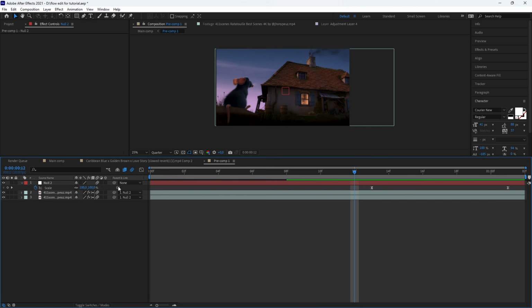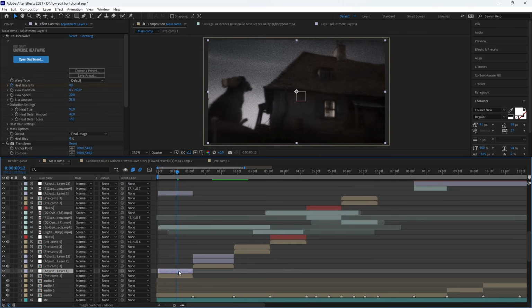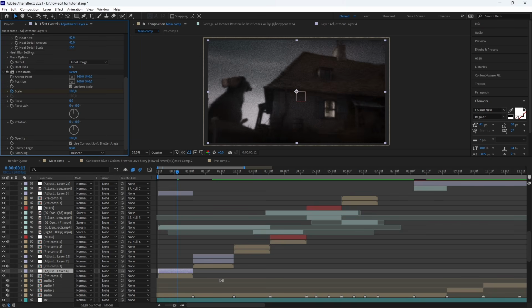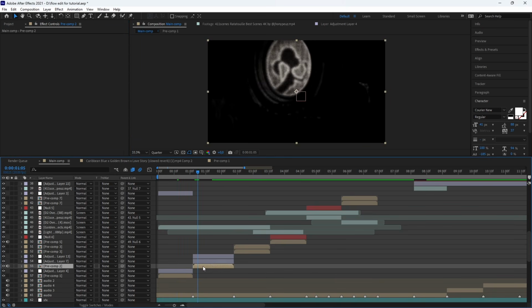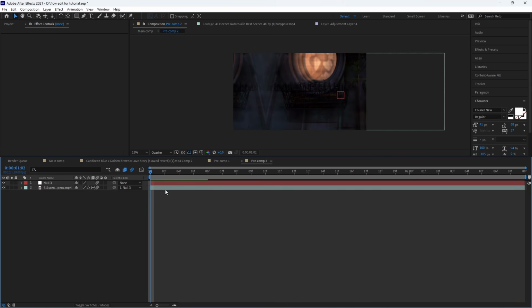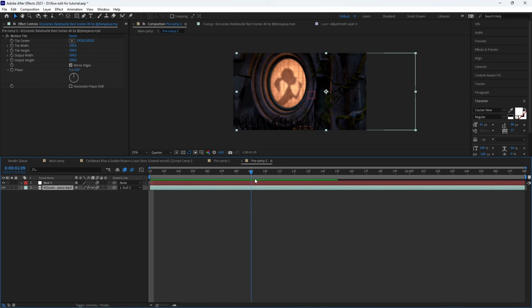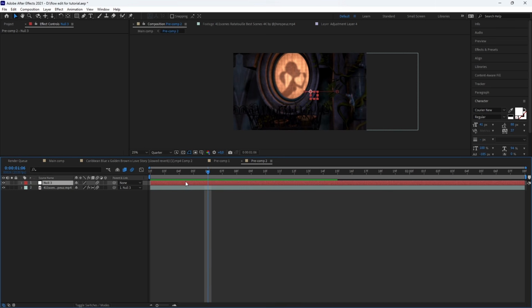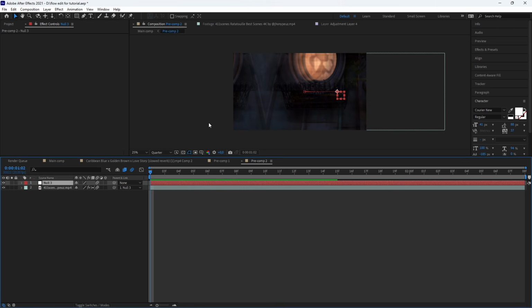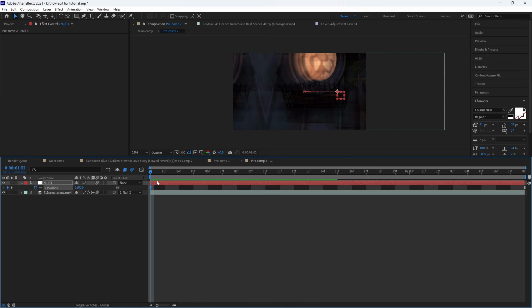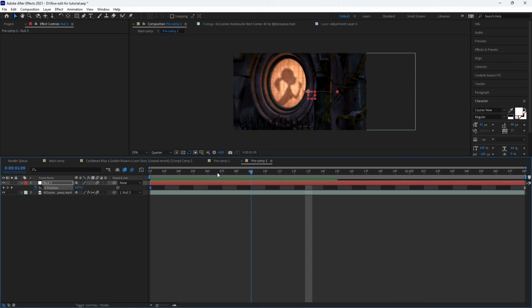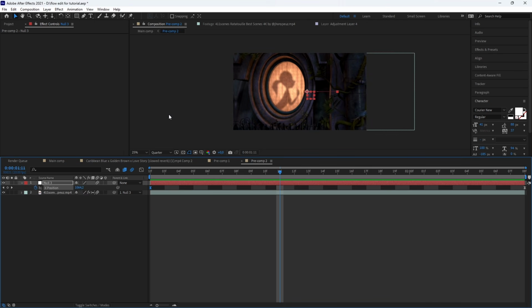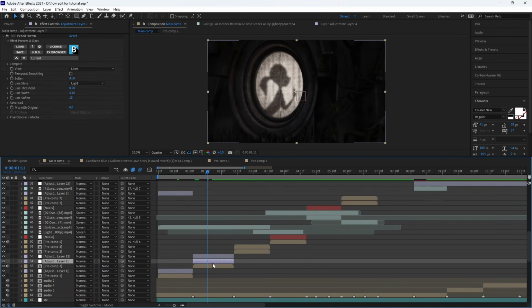Then I pre-composed everything like here. I did the exact same for the other clip here. You can see there's just one clip that I will time remap, and then I edit this slide, so I parent it, then I play with the position, so I have a slight transition between them. Then I pre-compose it.